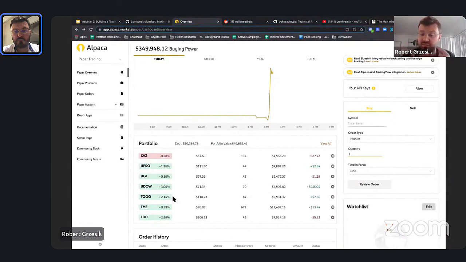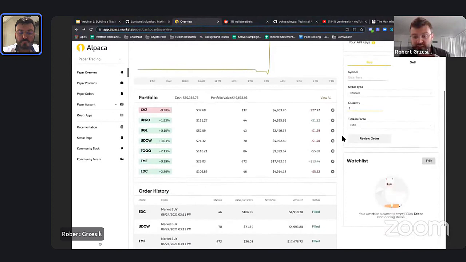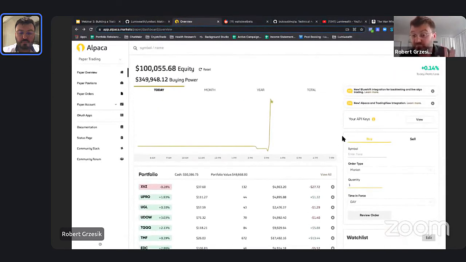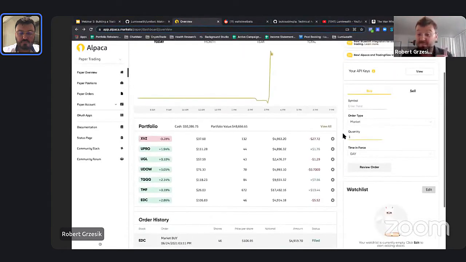That's why having a robot that automatically looks at the stuff and rebalances for you is really important, because that's how you're actually going to end up with these returns. You can't just go and buy them and that's it. You actually have to be rebalancing and trading them on a regular basis. So I very much like this strategy as well. We have our own money in this as well, and so far we've been making good money. So I'm happy with it so far.